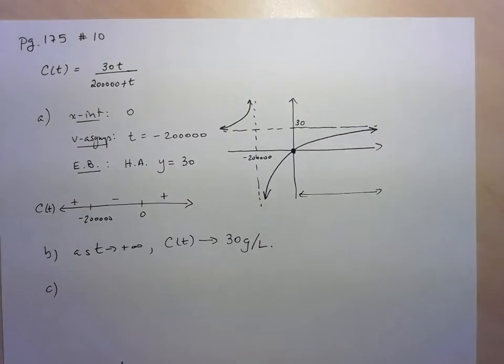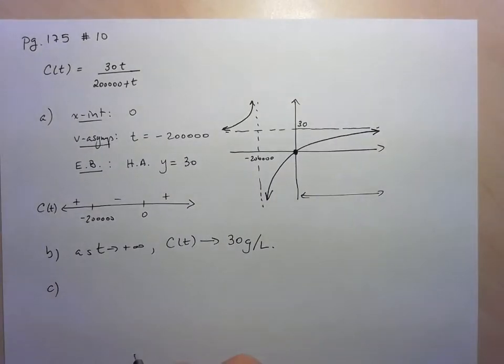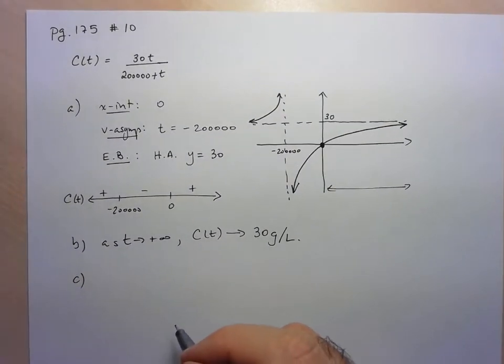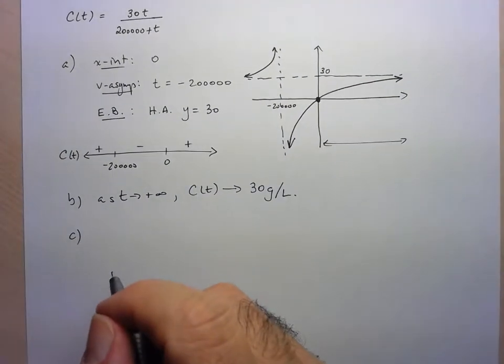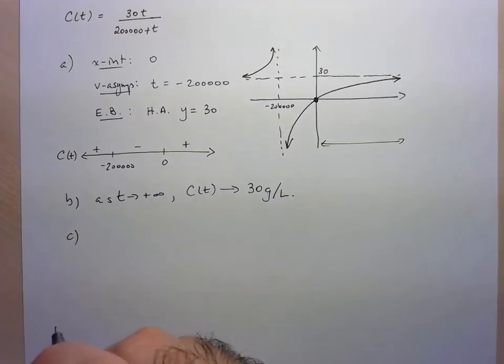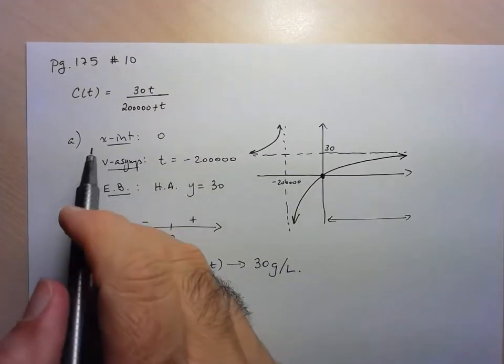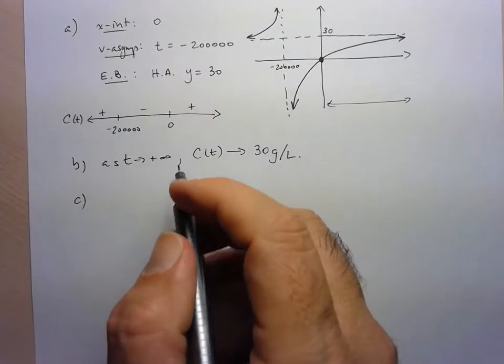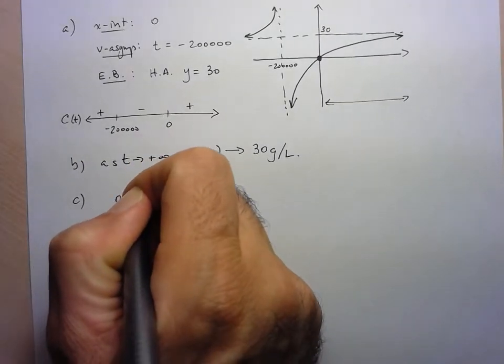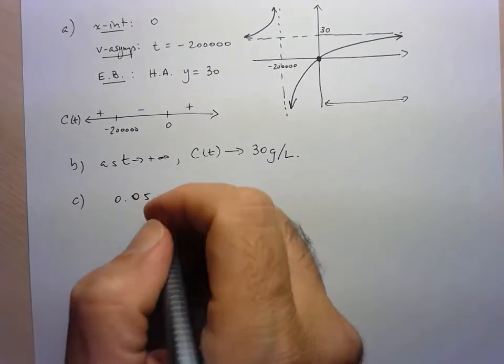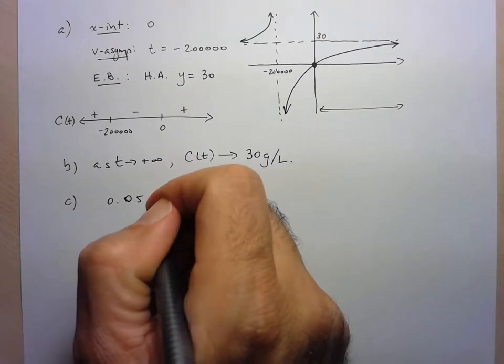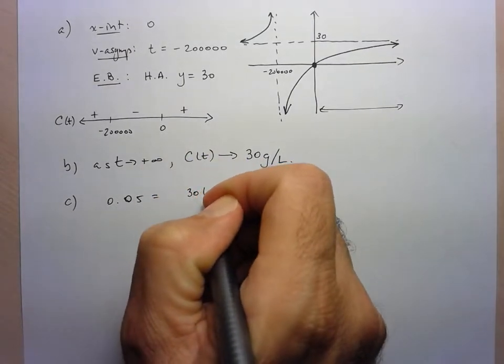Part C says when a concentration level of 0.05 grams per liter in the pond is reached, the fish stock will be irreversibly damaged. When will this occur? That's actually a fairly small concentration, so they better get this pollutant out of that pond as soon as possible. Essentially they're giving us a particular concentration value. So they're telling us to figure out when the concentration value is going to be equal to 0.05. So if 0.05 equals 30T over